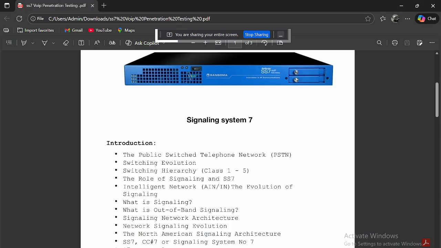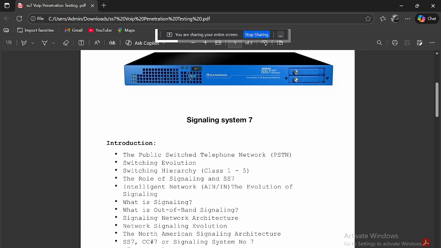Okay, now let's come to the second one, intelligent network and AI, the evolution of signaling. So, what is a signal here? First, signaling. Signaling is behind the scenes of a conversation that happens between phones and network equipment before and after the call or SMS. It's not your voice or text, it's instructions on how to call or how to send the messages that will be done in the signal.